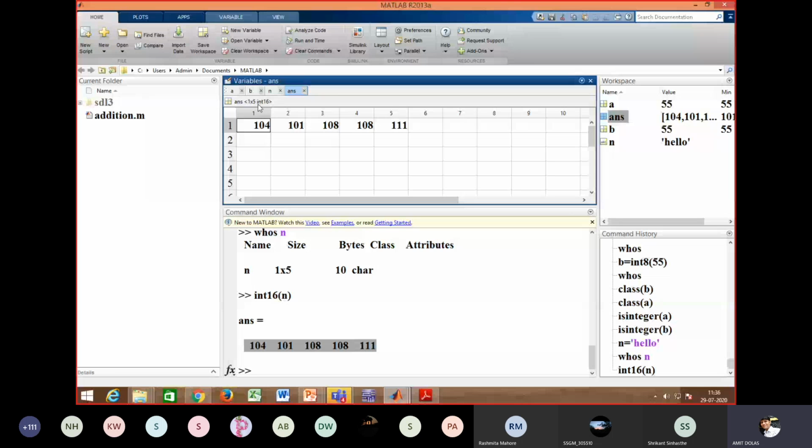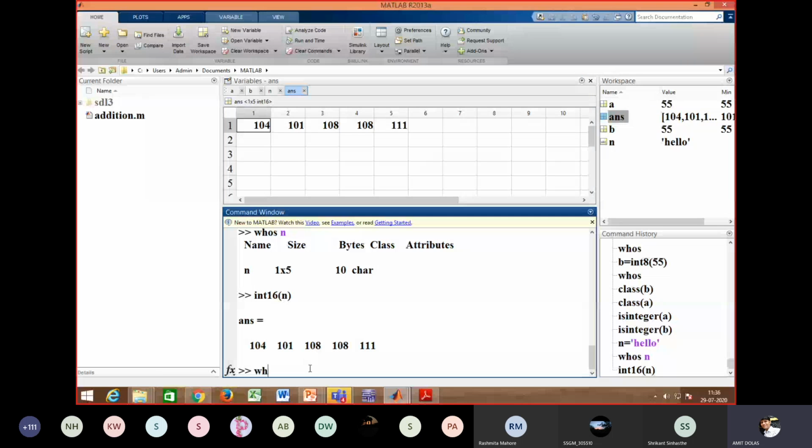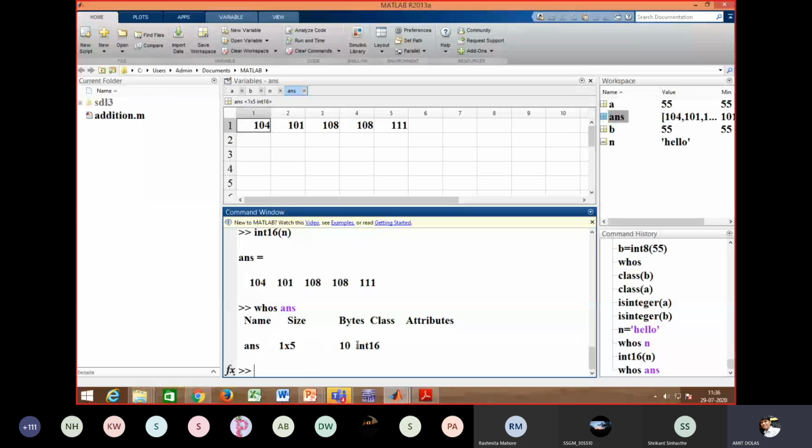I converted into int16, and the class is int16. You can use the function whos ans. So it is of int16, requires 10 bytes to store, and it is 1 by 5 in size.